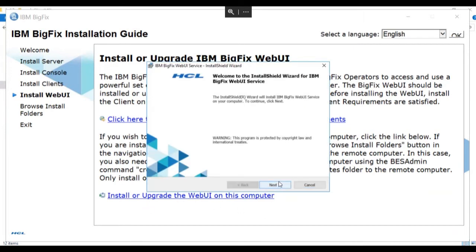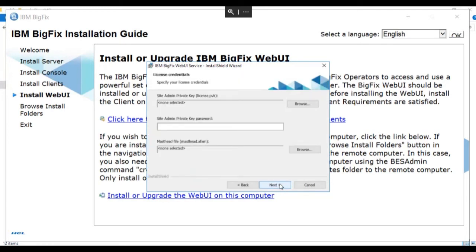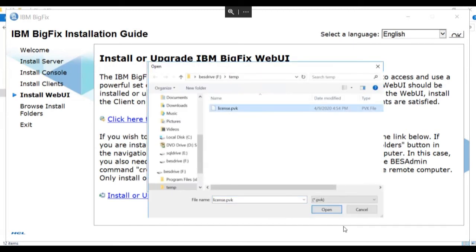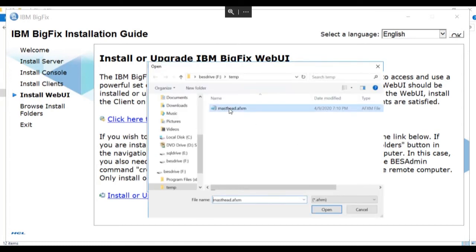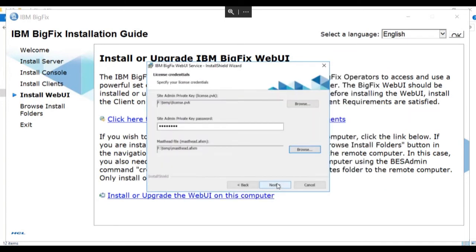Once the wizard initializes, we'll click Next on the welcome screen, and we're prompted for some information. We need the server signing key, or the admin private key. We'll need the signing key password and the masthead file. So we'll browse for the private key. We'll enter the private key password, and we'll browse for the masthead file. Once we have this information entered, we'll click Next,